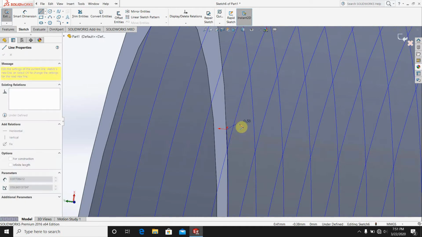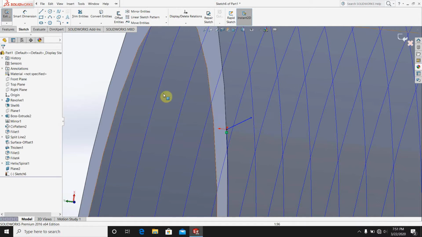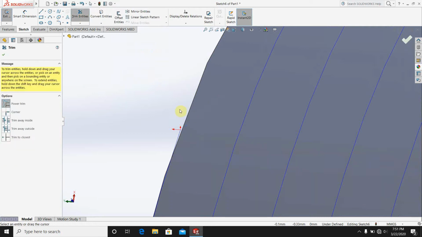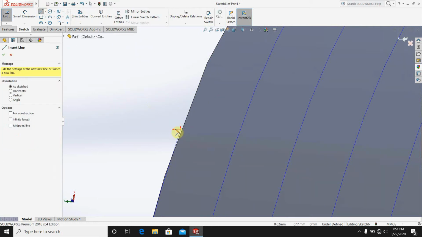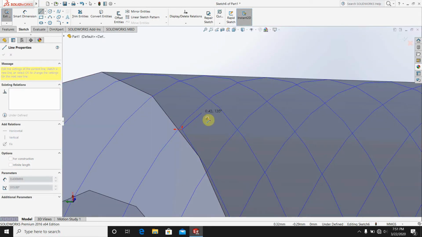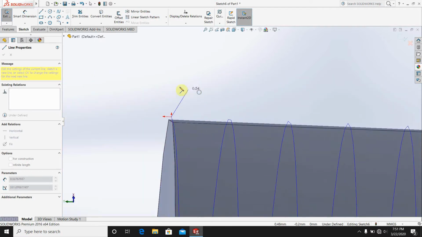Select this. 1 millimeter, then sorry, to 0.5